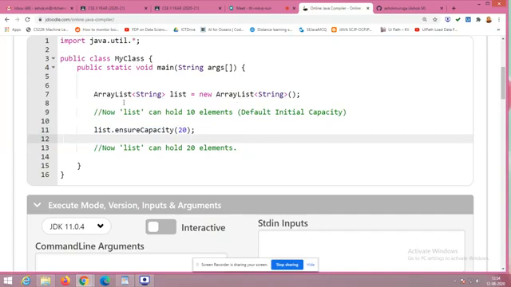This could be an interesting MCQ. The default initial capacity of an array list holds 10 elements only, if I give empty parentheses. To increase the capacity, I need to use ensureCapacity, so that the list can hold 20 elements.